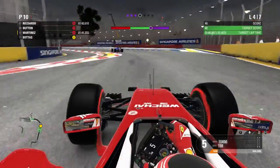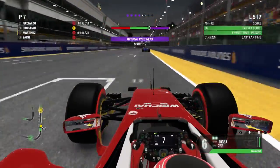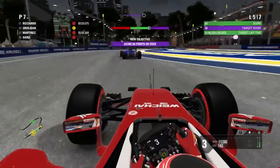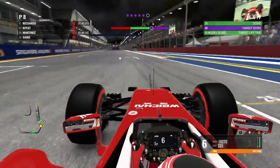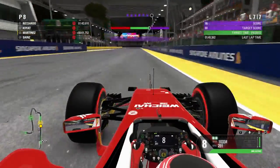But as you can see, moving into practice now, we absolutely smashed the track acclimatization test, and we do the exact same thing in the tyre wear test. We beat the first target of 60 points, and then 2 laps later we actually managed to smash the secondary target of 80 points for the tyre wear test. Overall, a pretty successful practice session, which does get capped off by a very successful qualifying test,